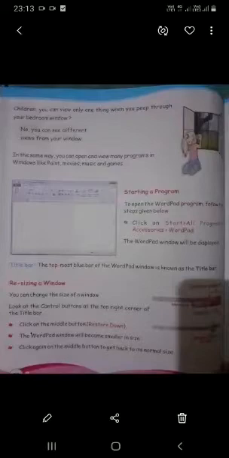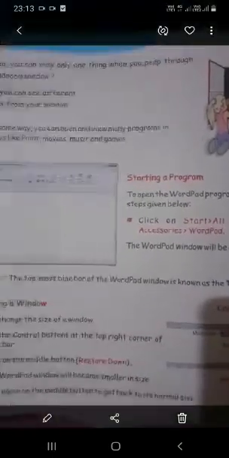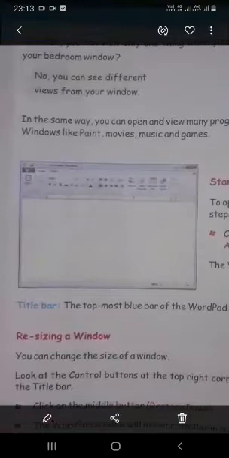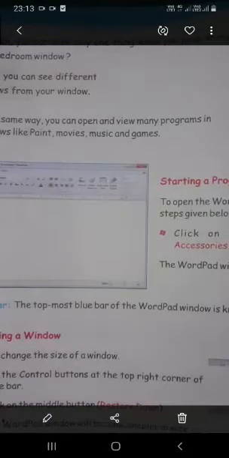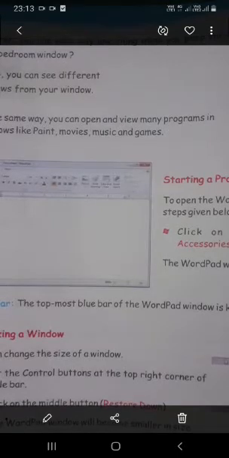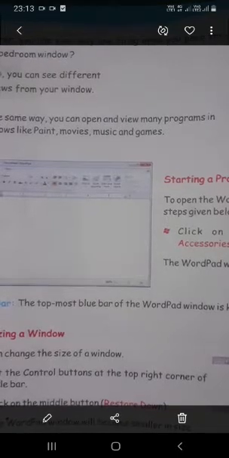You see different views from your window. In the same way, you can open and view many programs in Windows like Paint, movies, music and games.